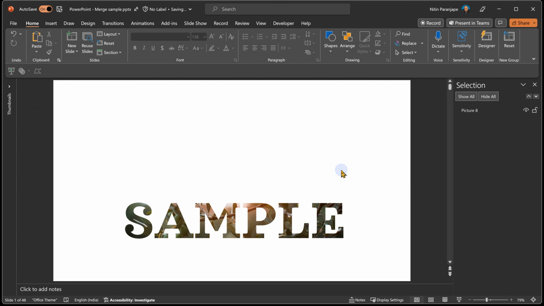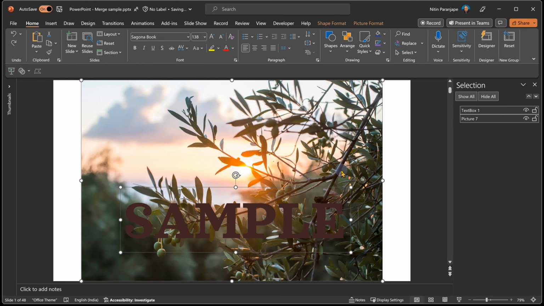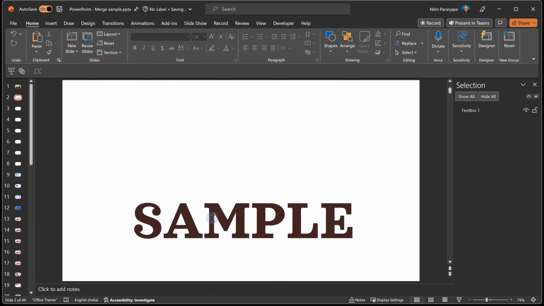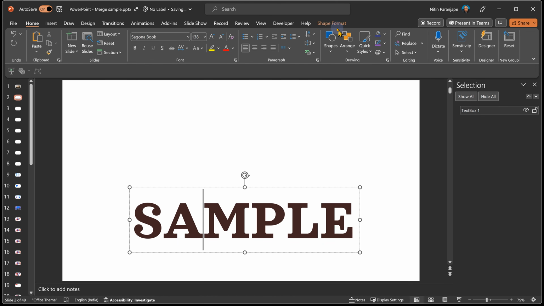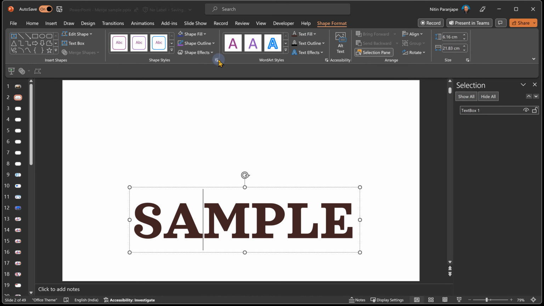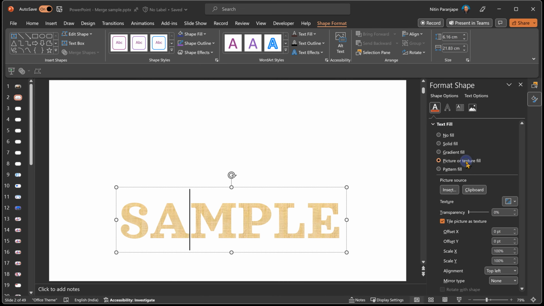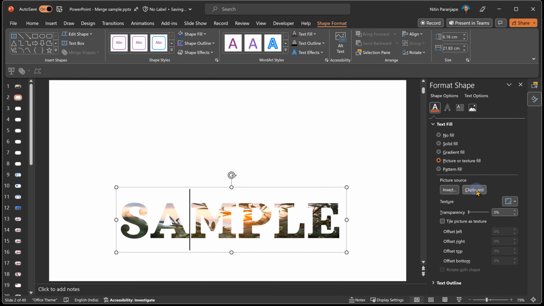Now you'll tell me, okay, this is great, but I could have done it in another way as well. So let's duplicate this. And then you will say, I'll put this picture in clipboard or I'll cut it. Go to this and then I'll go to shape format, text options, fill, and in text fill, I will say fill it from a picture. And either I would have selected the picture manually from here, but I already have it in clipboard. And now the same thing will happen. Yes, it's a little distorted.